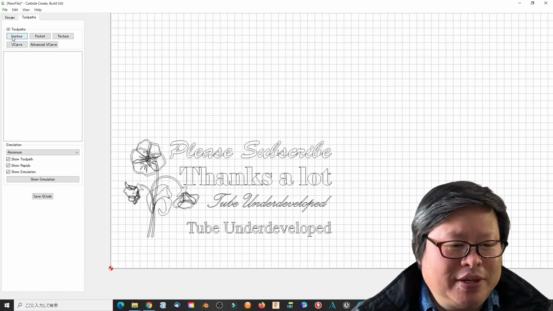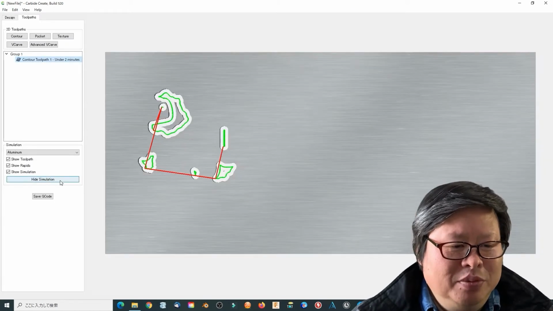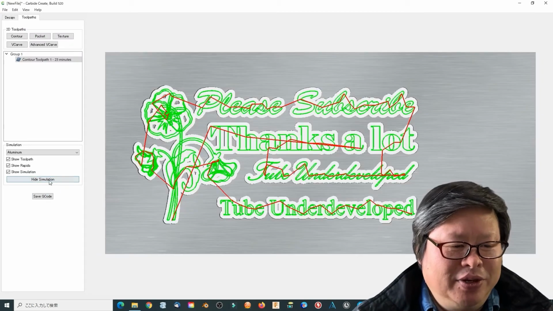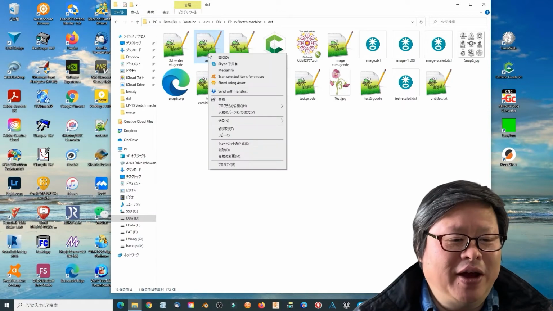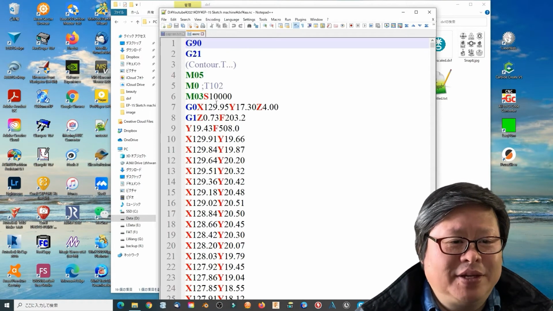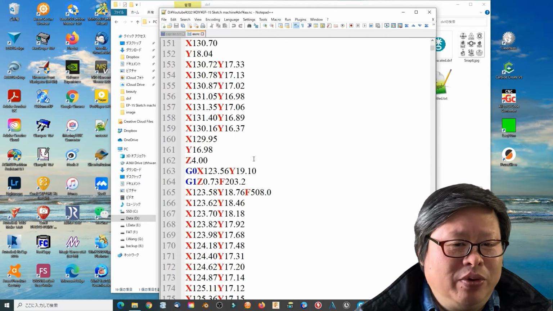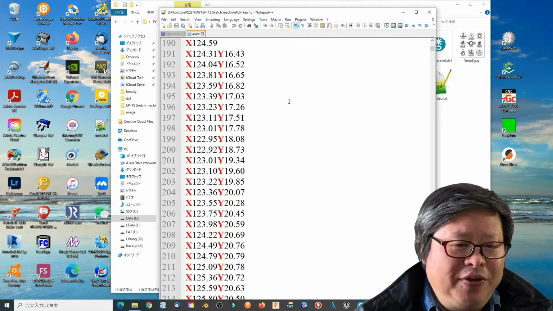Then go to the toolpath section. Select toolpath parameters with contour. You must select the object in the DXF file to draw the line. You can select all of them and simulate the result. Then save the G-code file. It contains the X, Y axis coordinate information. It is a list that my 3D printer cannot directly recognize. You should change to G0 or G1, then the numbers of X, Y axis. I think this software will be great after I figure out how to modify the output G-code file.